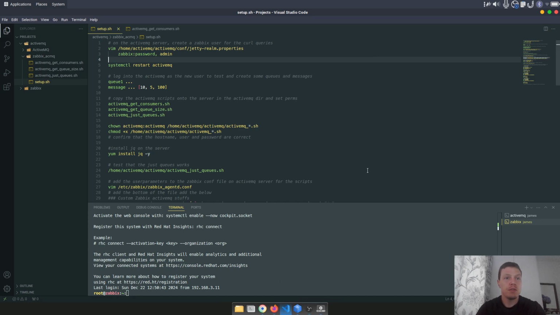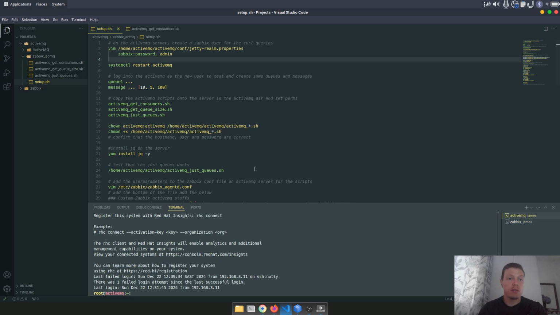Hi all. So today we're going to be adding ActiveMQ onto our Zabbix with some custom scripts. We're going to monitor the queues and the consumers on ActiveMQ that are being used. So log into our ActiveMQ server,